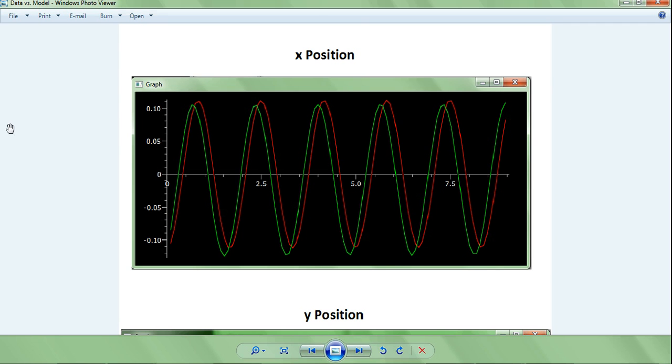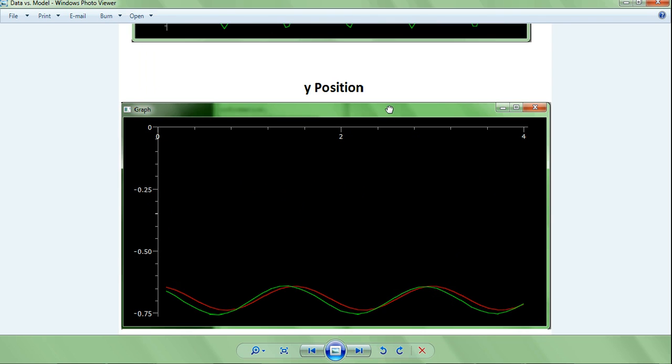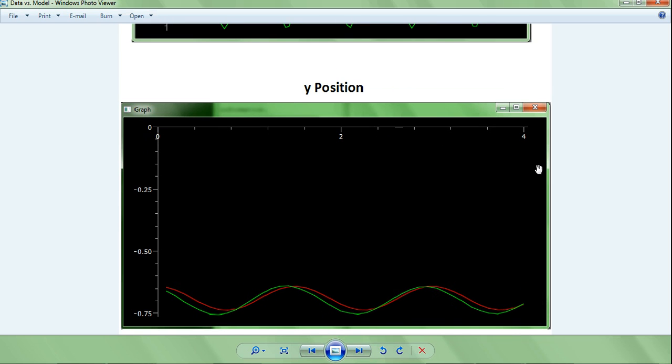So then when I ran the model, you can see here my comparison of the model data to my experimental data. The model data is the red and the experimental data is the green. This is for the x position and this is for the y position. So as you can see, the graphs are pretty close, but they are not perfectly matched because the system is very sensitive to initial conditions. So having just slightly different initial conditions will greatly change the results of the model, which is why the graphs